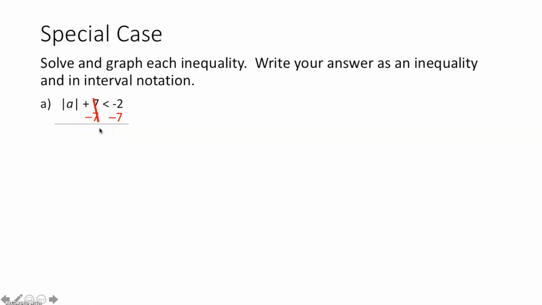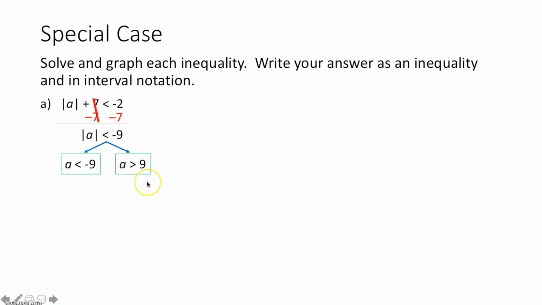I subtract 7 from both sides. That way these cancel out. I get the absolute value of a is less than negative 9. This should look kind of funky to you. Now we think, I have the absolute value by itself, so now I'm going to break it into two separate inequalities. The first one's going to be exactly what you see, without the absolute value sign. So it's going to be a is less than negative 9, and over here, we're going to use what's inside the absolute value, exactly the same, so it's going to be a. We're going to flip the sign, is greater than,